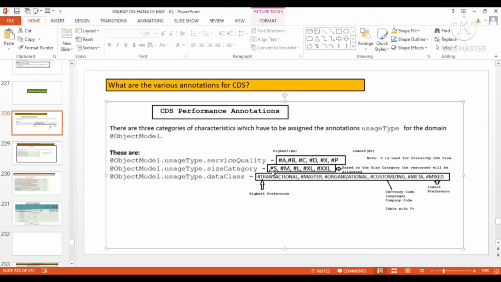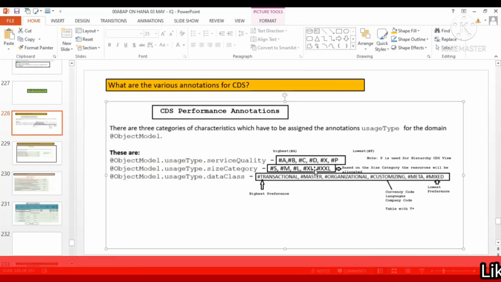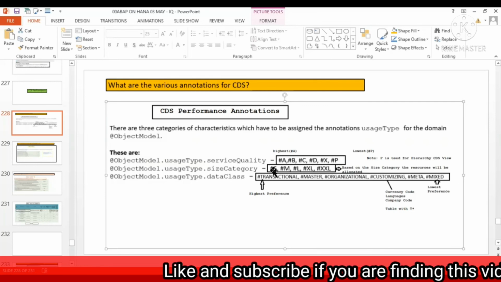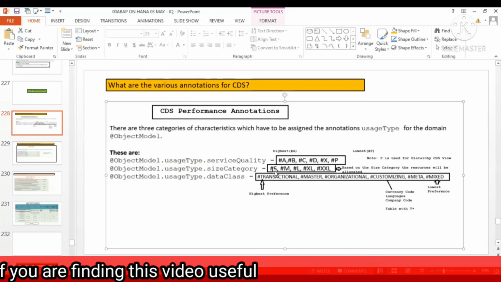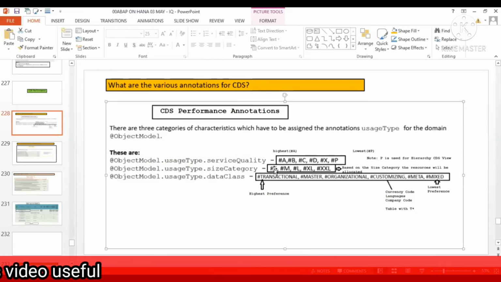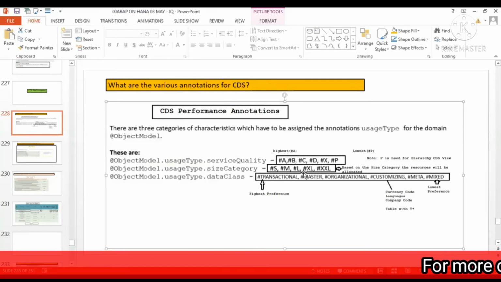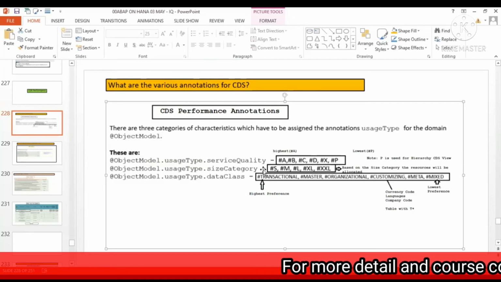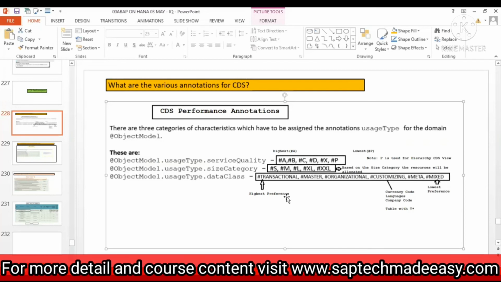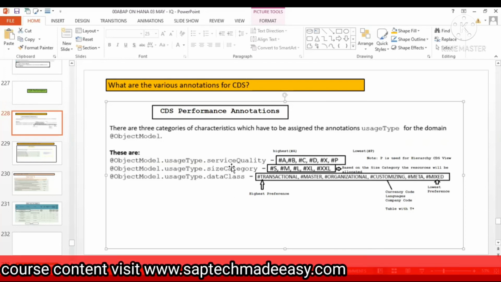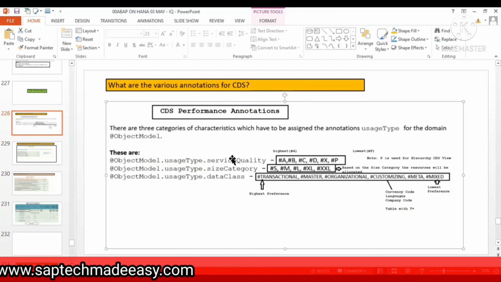Okay, so here this size category means how large an amount of data you are expecting from this CDS, you are the better person to know. Based upon that, if you have a small amount of data that is going to be accessed from that CDS, put small there, put medium, put large, put extra large, put XXL. So in advance you tell the CDS, and for the CDS it will be very easy. Even if you don't give it, there is no problem. But if you want better performance, you must give it.